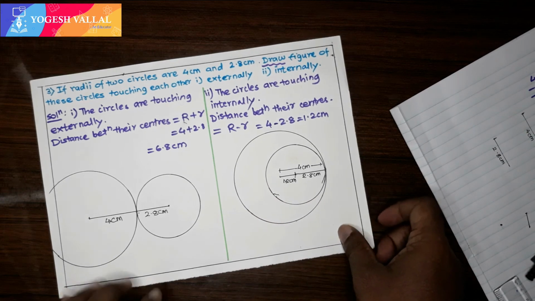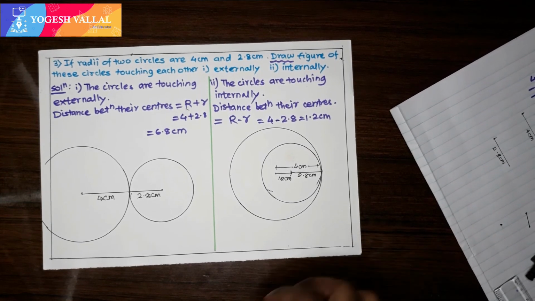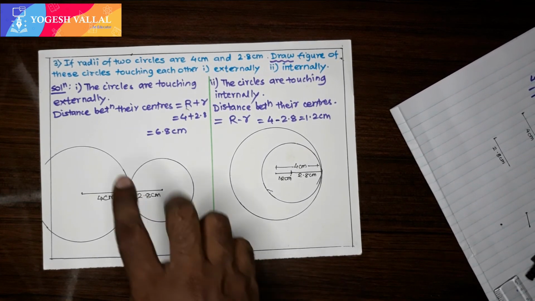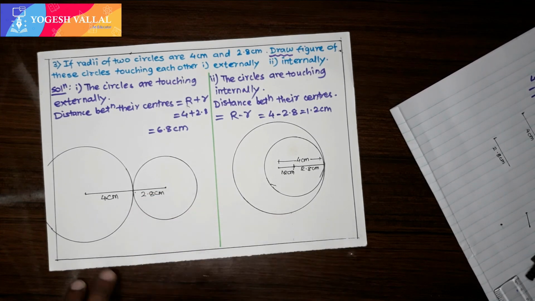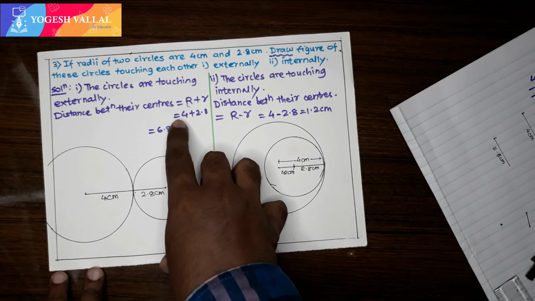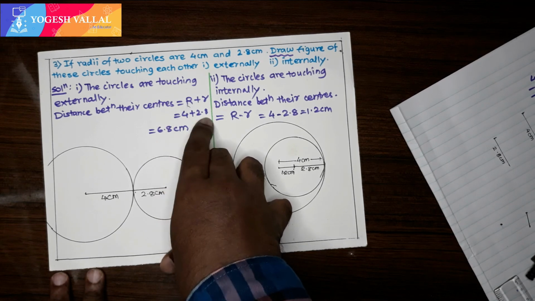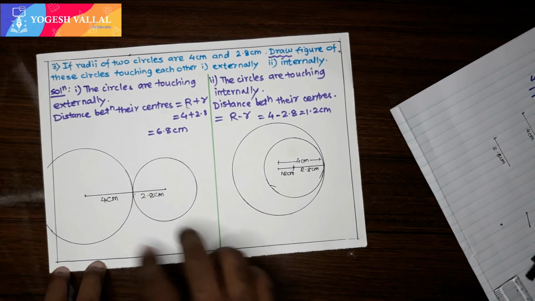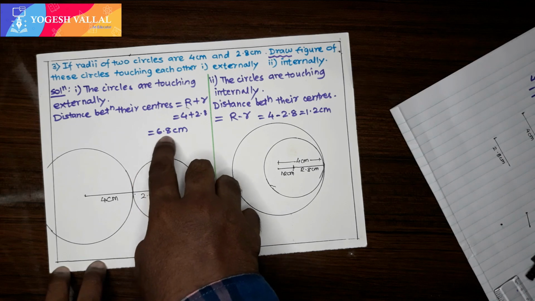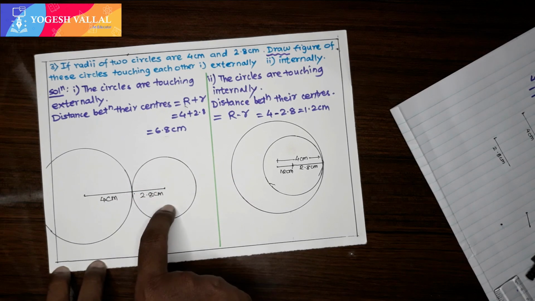In the next video I am going to solve problem number 4 and problem number 5. There are 2 questions. And I just ask you one question which is challenging. If I miscalculate this as 6.9 or 6.10 instead of 6.8, what will happen to these 2 circles?